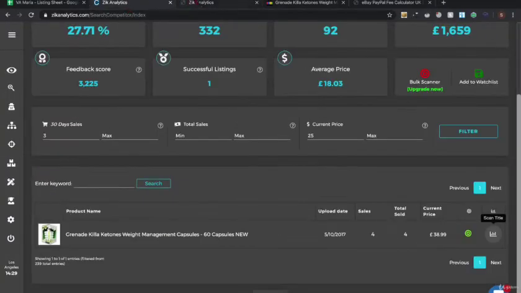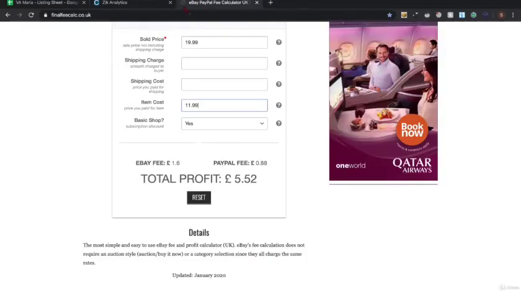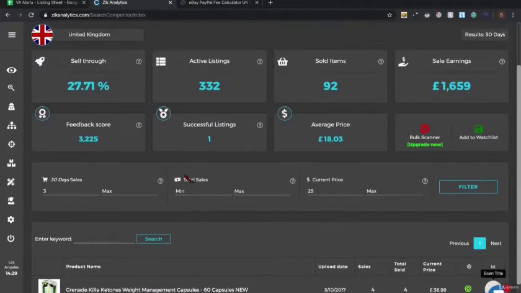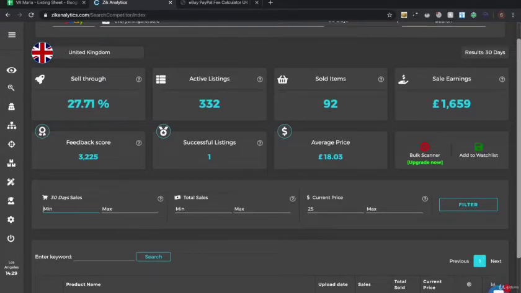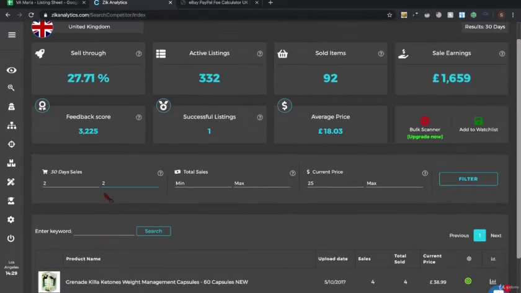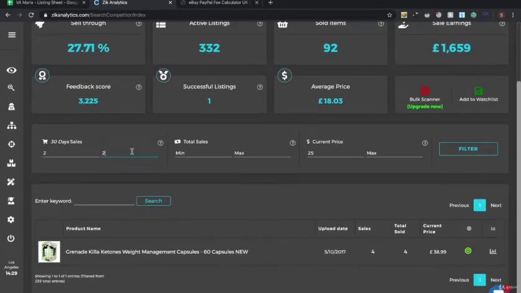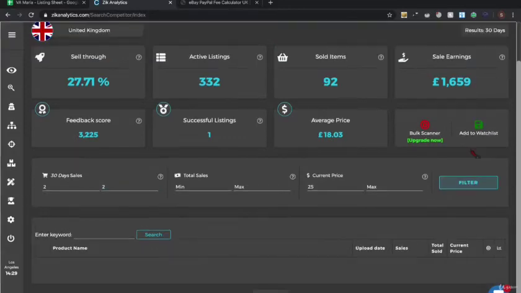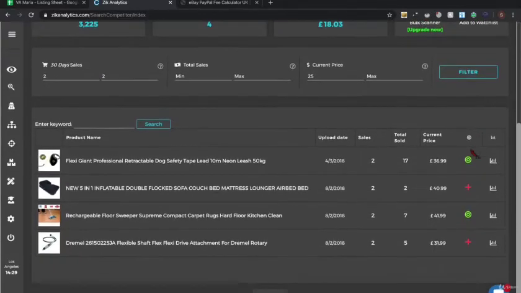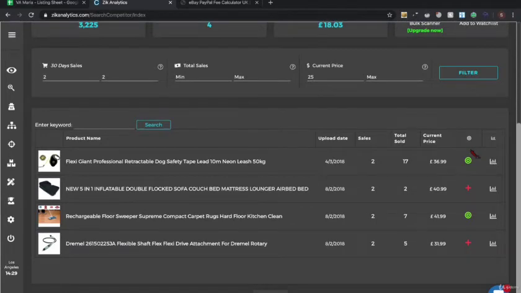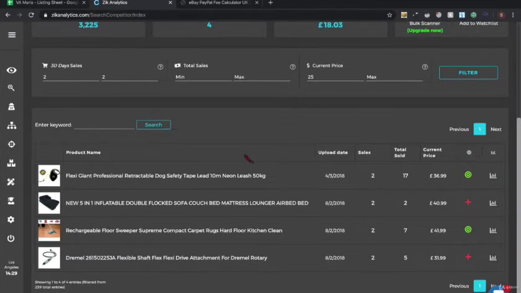So yeah, okay, one thing I like to do, let's just close this tab. Another thing that I like to do is filter for 2 sales as well. So anything that's sold twice. So the good thing that you can do with Hustle Got, not Hustle Got Real, the good thing that you can do with Zeek Analytics is